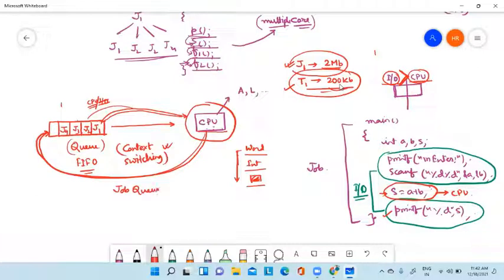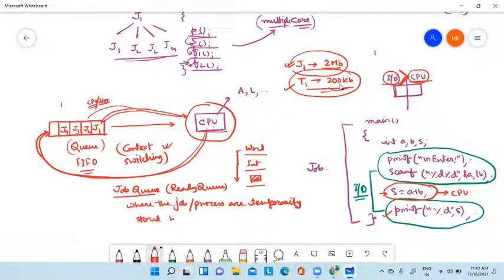Sometimes in some books it is also called a ready queue, where the jobs, or you can say processes, are temporarily stored before being processed